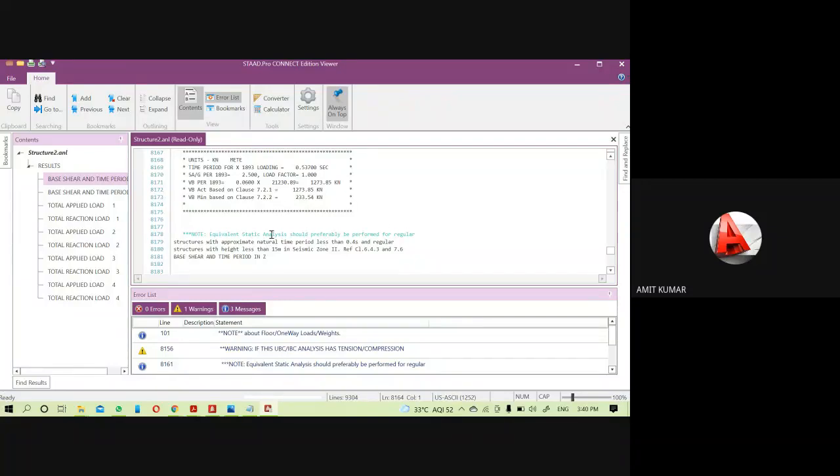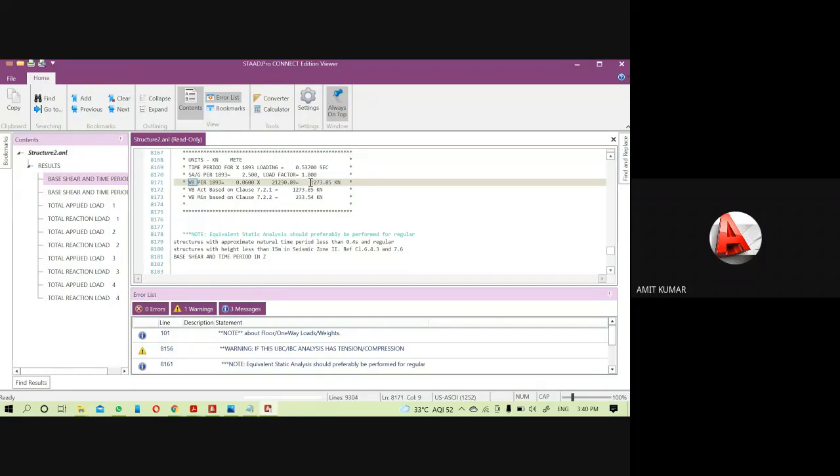Let me clear one more thing. All these values will help you to calculate the design lateral forces. So what will be the formulas and everything I will explain. Just wait. So when to use the SA upon G and where to use it, everything I will explain. So SA upon G's value is 2.5. Okay. Then VB, that is the base shear.